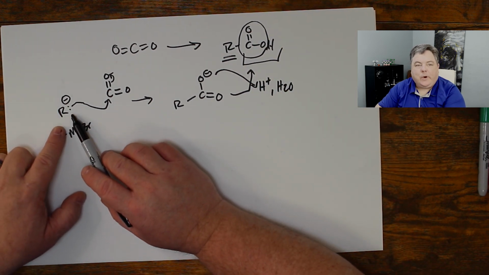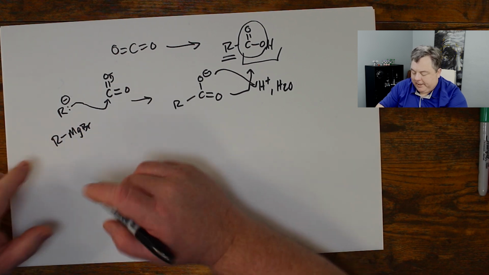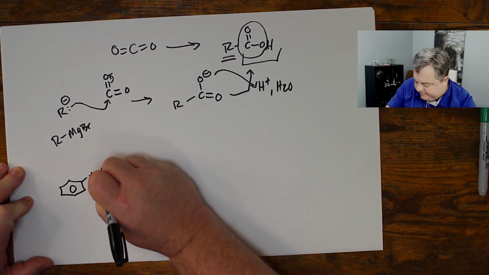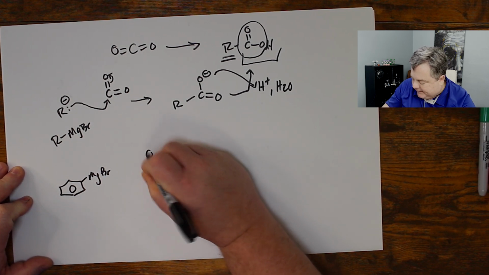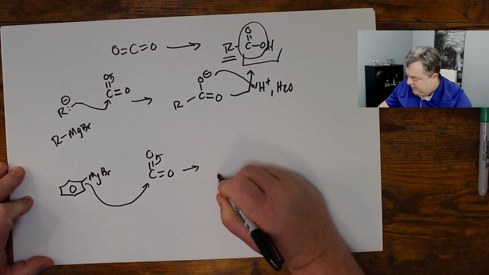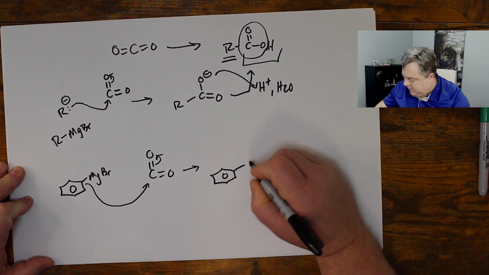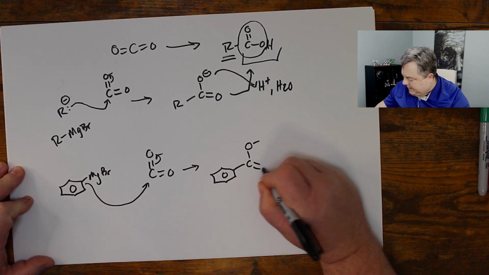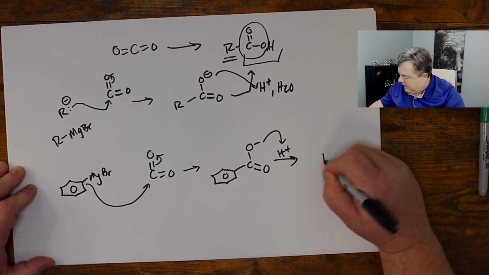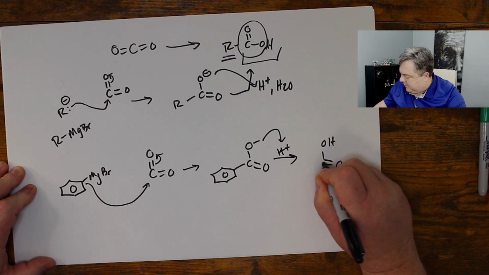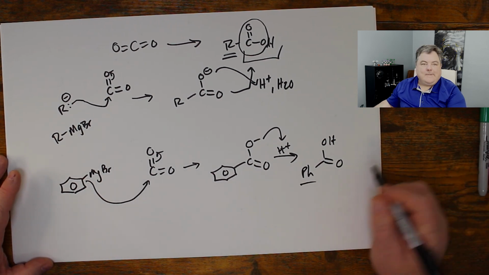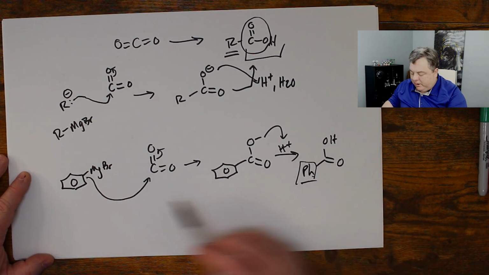acid, have any Grignard come attack it. So it could be, let's take an example. Let's take phenyl Grignard and my carbon dioxide. Negative carbon attacks, electrons go up. I've got phenyl, CO minus, double bond O. I add some acid, and it becomes this benzoic acid compound. Sweet. I can make any R group here I want as long as I can turn it